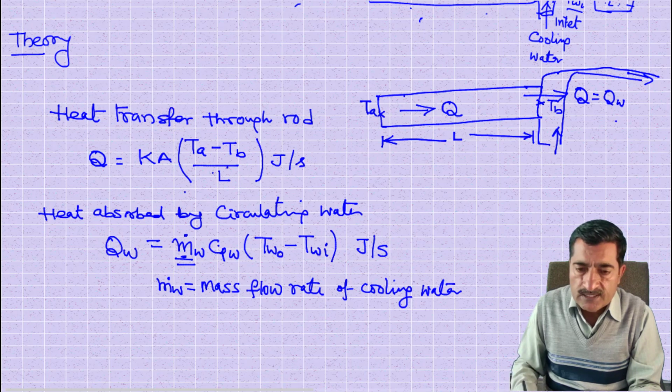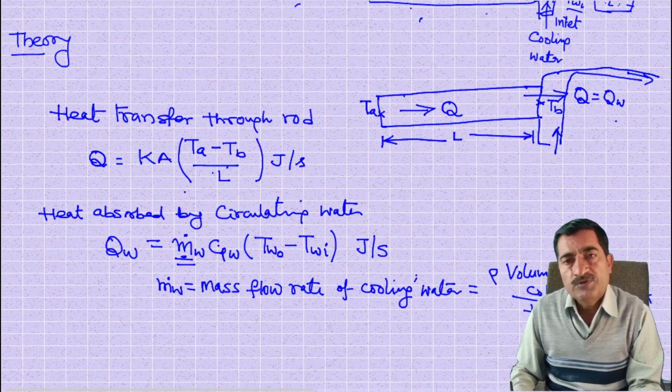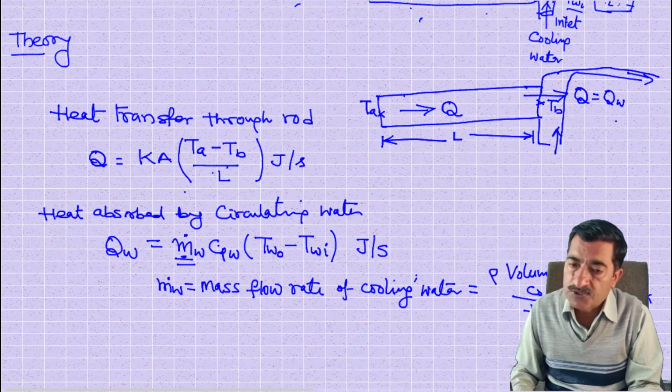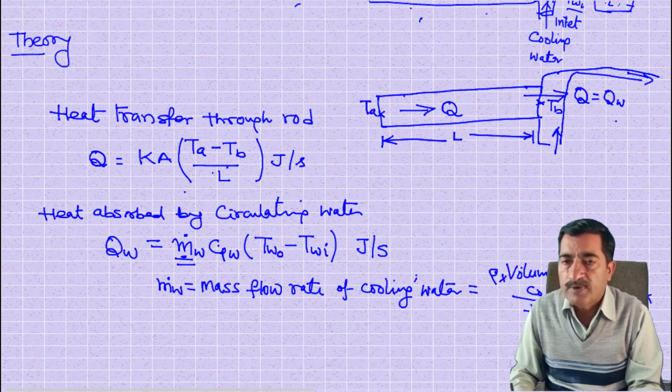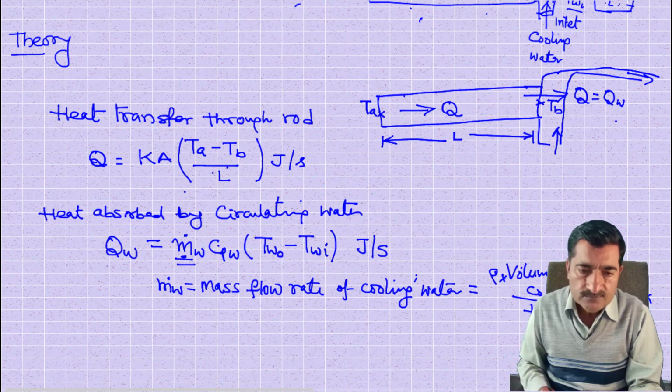Okay, and this is equal to, it can be written, density of water into volume of water collected in the tank divided by time, means mass flow rate of cooling water, that is equal to density of water into volume of water collected in the tank divided by time of collecting. Now from equation, this is equation 1